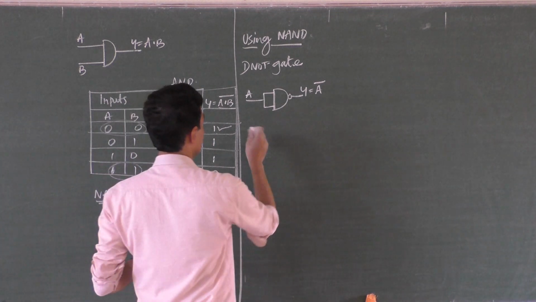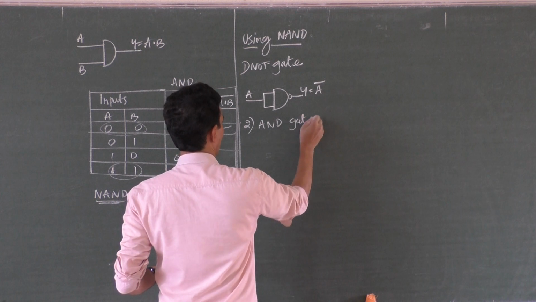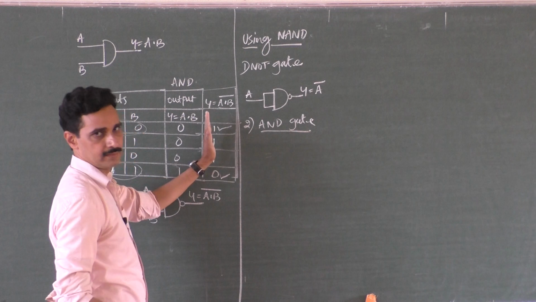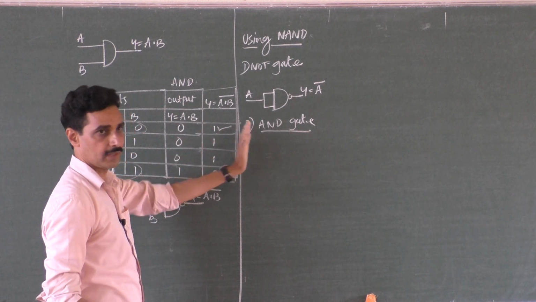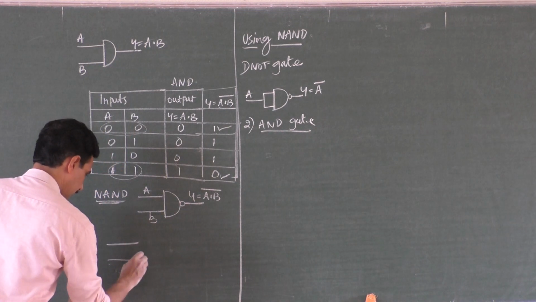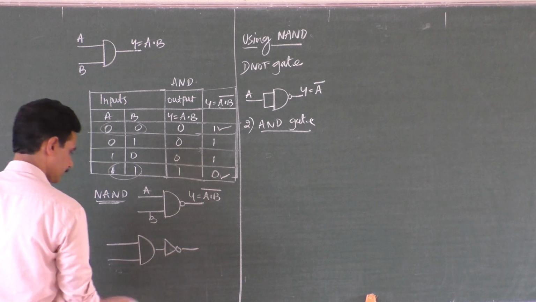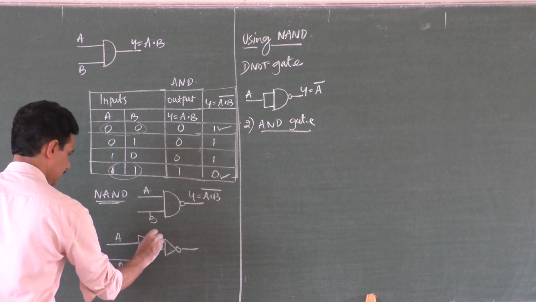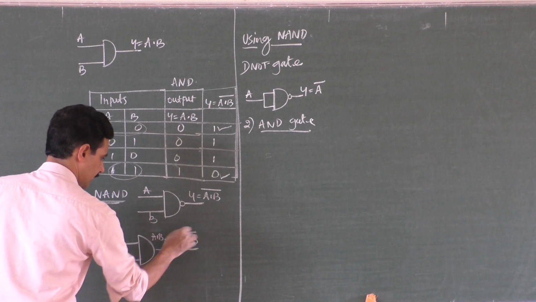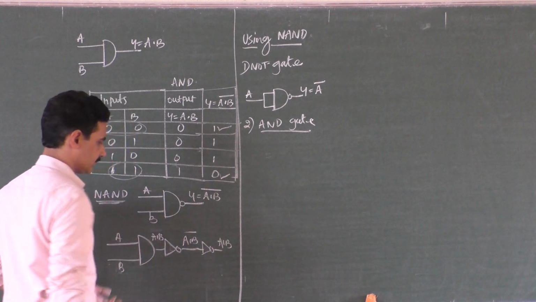Now using NAND gate, AND gate, very simple. What you can do? Already in NAND gate, AND gate is complemented. Complement it again. That means connect another NOT gate. Already in AND gate, output is connected to a NOT gate, correct? Already this A dot B bar is made here. Connect another NOT gate. What you will get? A dot B bar bar 2 times. You will get A dot B.